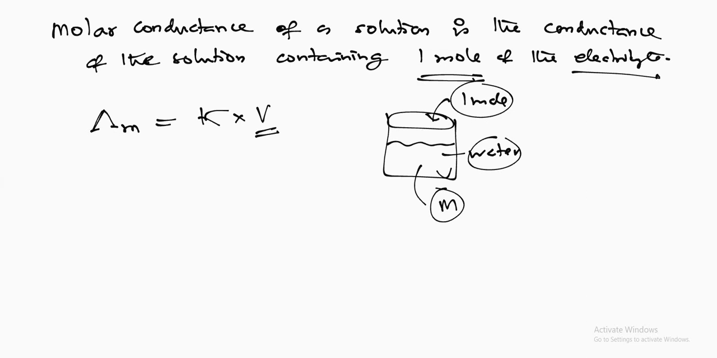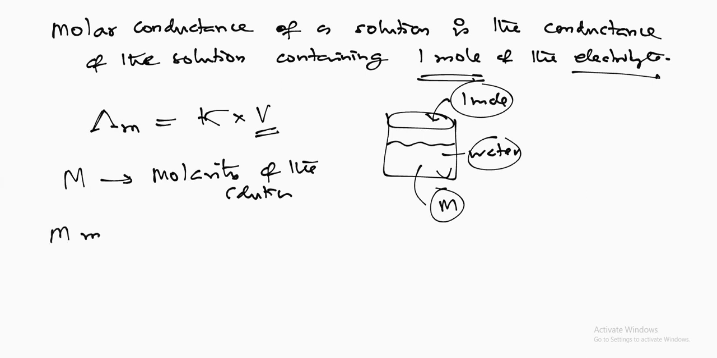In the previous case, I used normality because we had dissolved 1 gram equivalent. So that will give you normality. Now I am dissolving 1 mole of electrolyte. If I dissolve 1 mole of electrolyte in water, we will get a solution with some molarity. Let it be m. So suppose m is the molarity of the solution. What is the meaning of molarity? Very simple. Molarity means m moles of electrolyte,